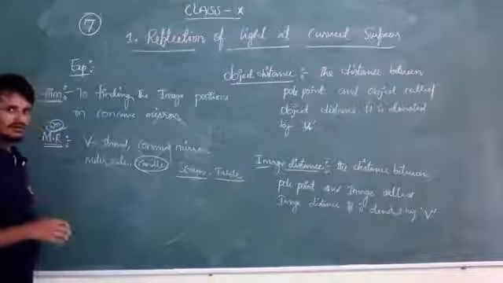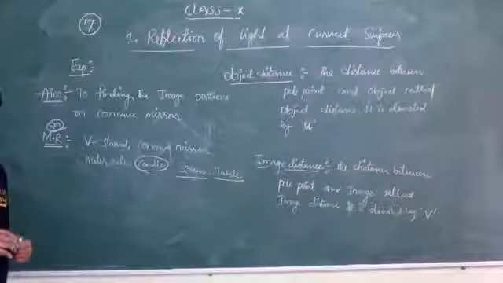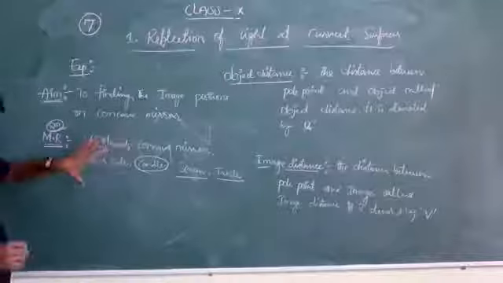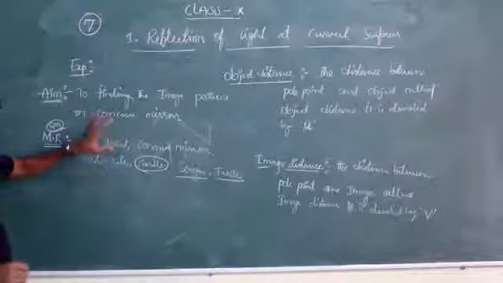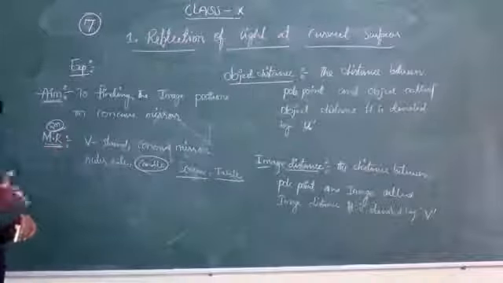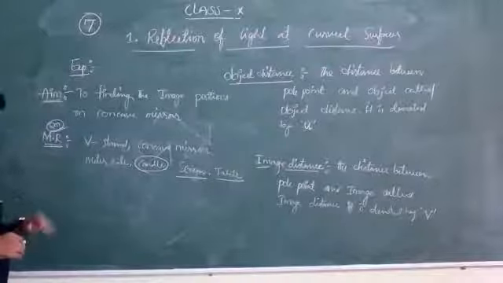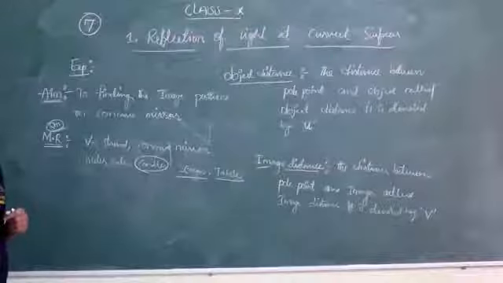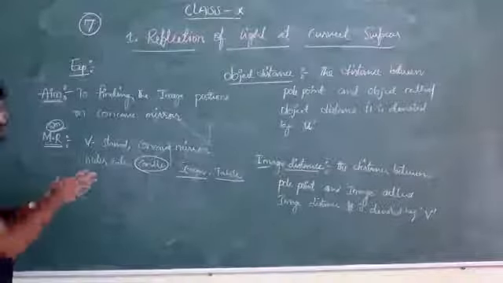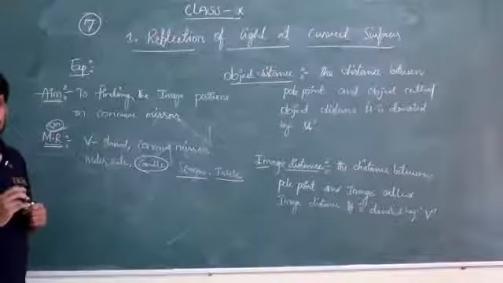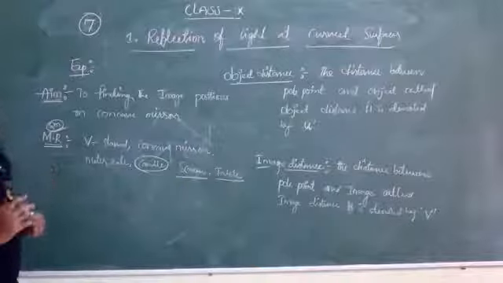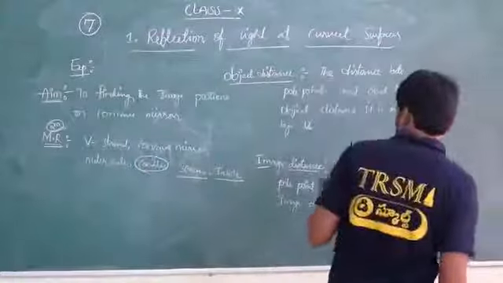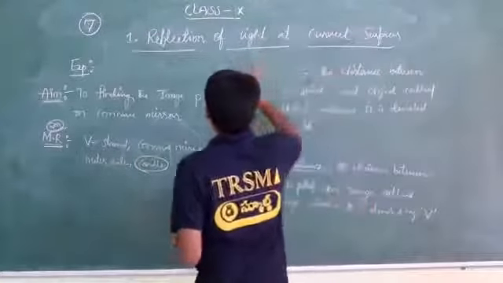If the weightage is not 4 marks, since the first lesson is already completed, there is a chance of 2 marks. Maybe the question comes like: write what materials are required for doing that experiment. It is a 2 marks question. Mostly we do not expect that, but expect it. Many times this question has come in the examination, and every part is important to us. Got it? So these are the materials required.